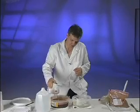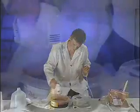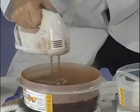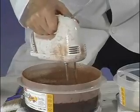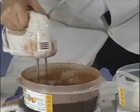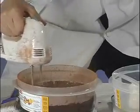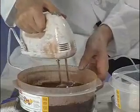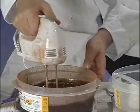As you do, you will notice that the product becomes thicker. More and more of the bloodroot goes into the zinc solution. Working it in, pretty much like making cake batter. It gets thicker and starts to get darker. And you can see that in a matter of minutes we've managed to